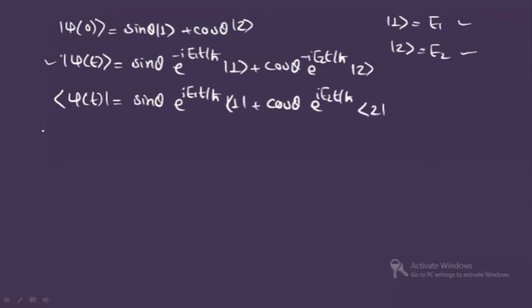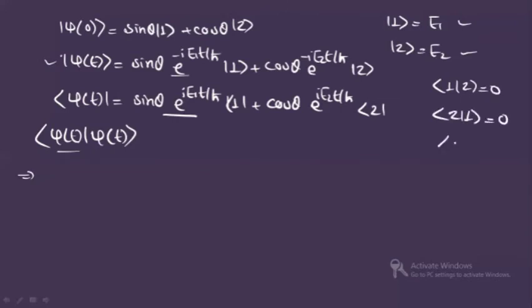Clear? Now we have to find the value of this, right? This is what we have to find. So when you do so, you have to just multiply this term with this. The other terms, this state, will be 0, all right, and this will also be equal to 0, and the value of 1 and 1 will be equal to 1, and 2 and 2 will be equal to 1. This is by orthogonality and this is by normalization. So you will see this multiplied with this. I'm not writing the term again here. This is bra psi t, this is ket psi t. You just have to multiply.